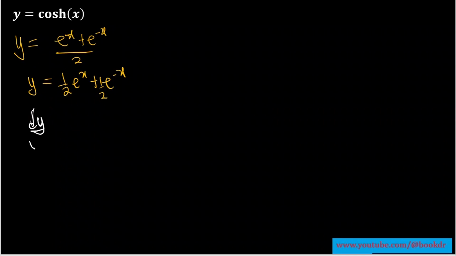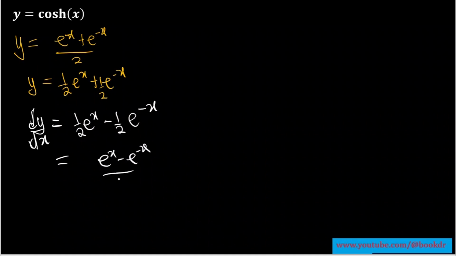So in differentiating the left side, we have dy dx. Then when we come to this side, differentiation of e power x is the same thing, so that will give us half e power x. And when we want to differentiate e power negative x, we'll differentiate the exponent and we'll get -1. Then we'll multiply it by the half, which will translate into -half. Then we'll differentiate the whole expression, and that will give us e power negative x. Simplifying this into one form, we are going to have e power x minus e power negative x all over 2. And that is the exact definition for